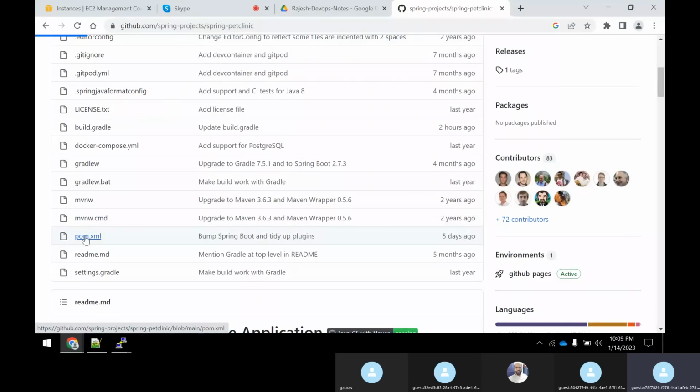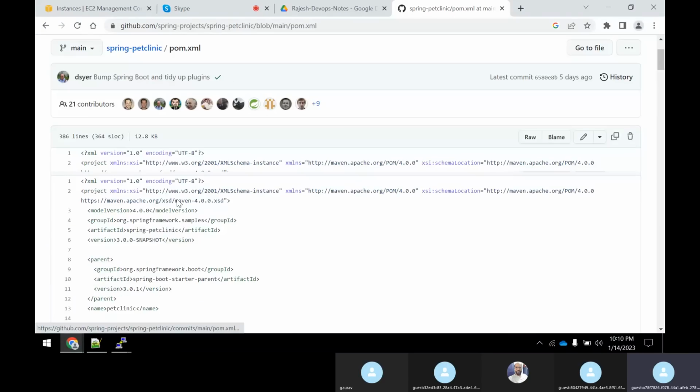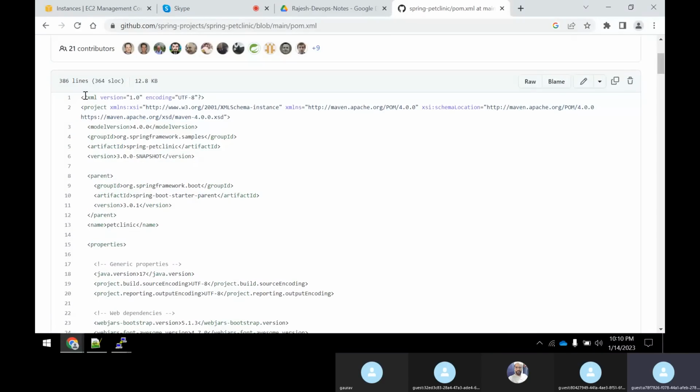If you click on this, you could see that they have mentioned the version being used. They have a model version, group ID, artifact ID. You know that this is related to the project. Here you can give your organization name or your name. Here you can give the project name, like in my case, if I build hello world, I used to write hello world. And here you can place the version, what version of that particular project is required.